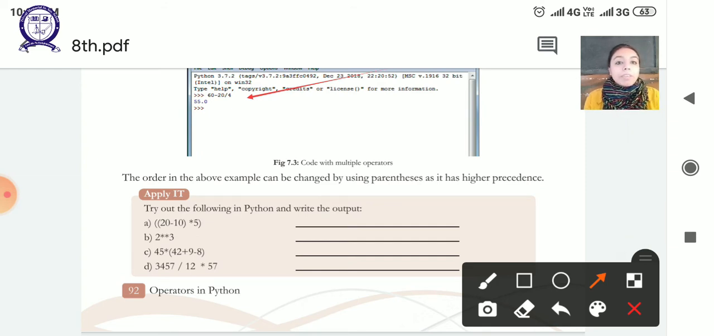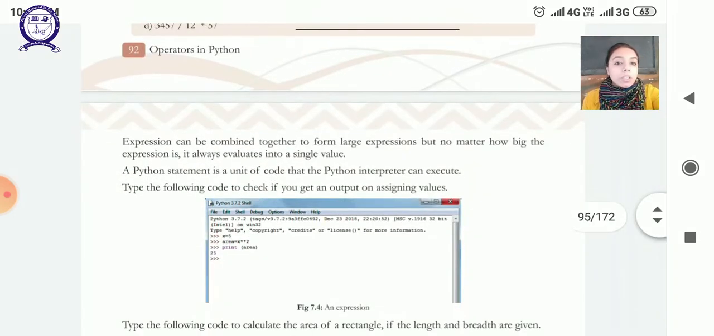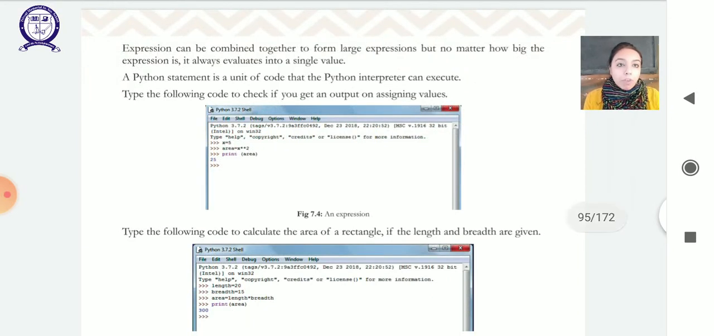So this is the way we have calculated this, and the answer has come as 55.0. In the same way you have to solve these questions which are given in your book. If the bracket is given, first of all solve the bracket and then come to the outer part of the bracket, right? Next we have is expression can be combined to form large expression, but always the result will be